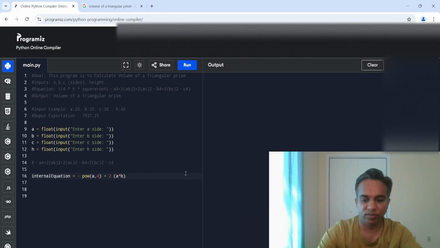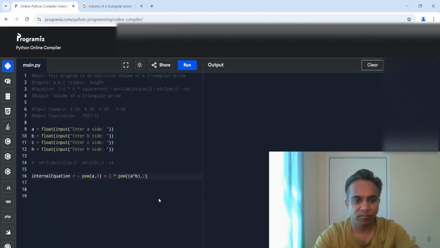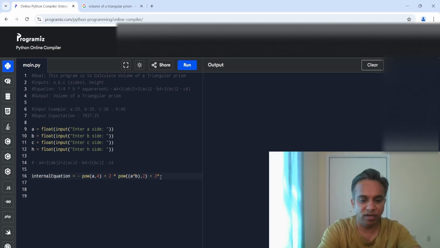Here it is going to be the power of this 2. So this is going to be AB square plus 2AC square. That is nothing but power, and you have A times C, that square, plus